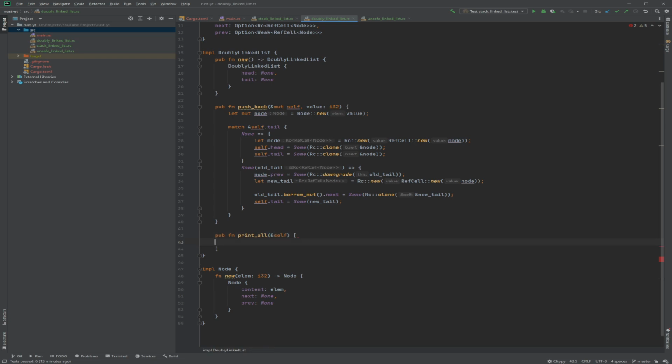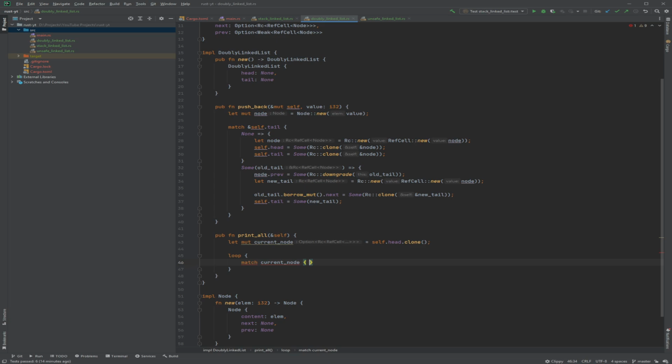So now we want to print all. Classical print all makes a return. And we get the current node, which obviously we want to clone, which will not just clone the option, but will clone or copy the reference count, so we have another reference to it. And if you want to modify something, you cannot just have a reference. You need to clone it, obviously, because otherwise that data could die, and then you have a dangling reference.